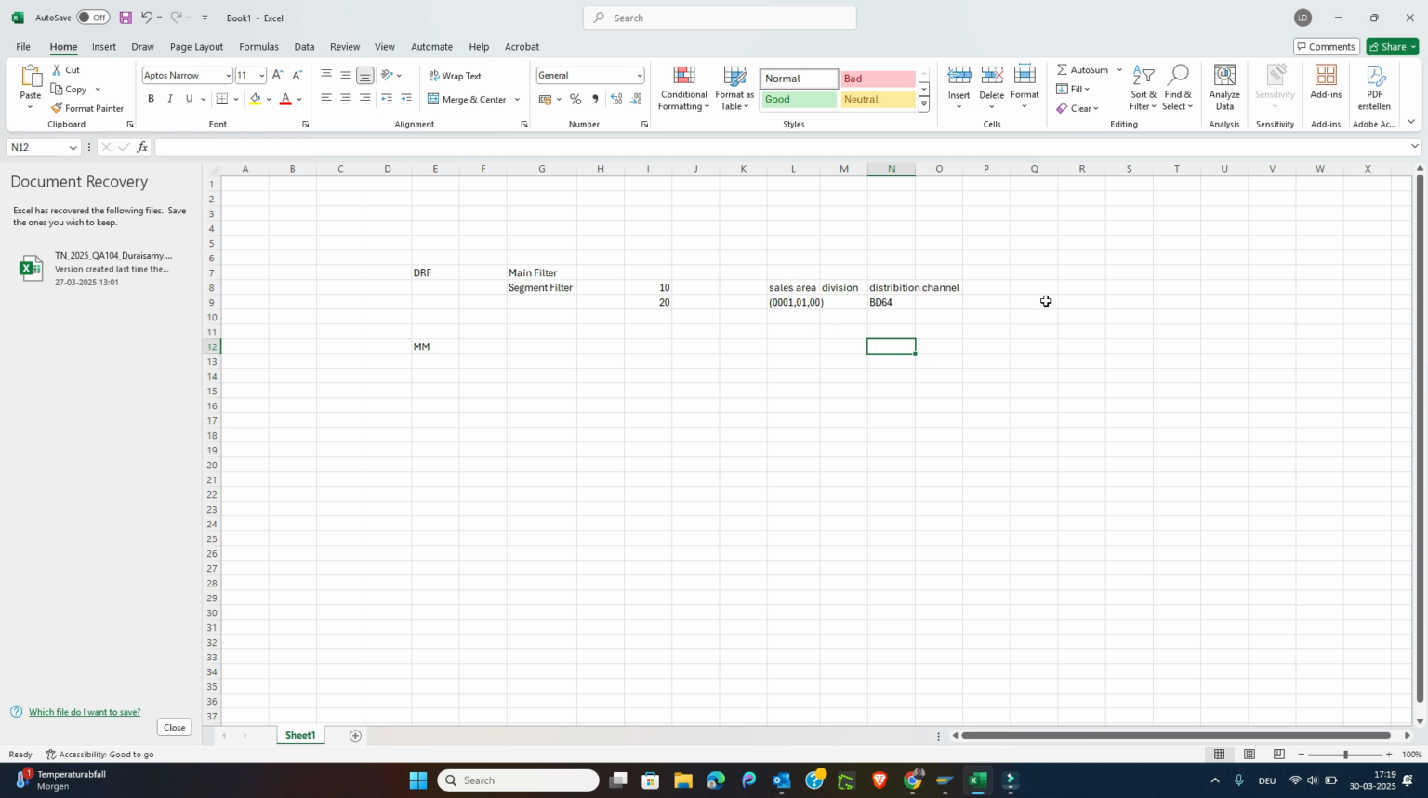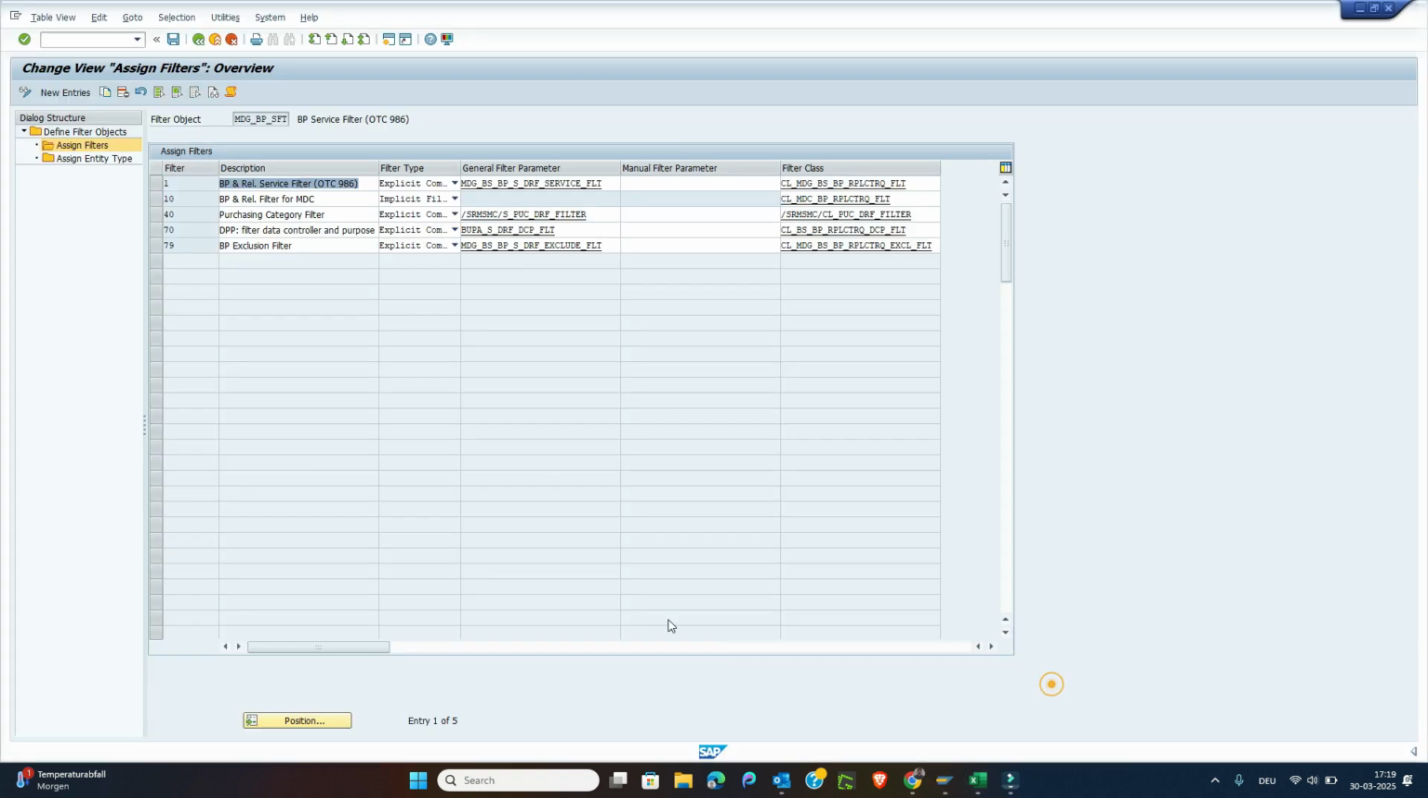And that is why they provided this logic called a simple filter and complex filter. So if you require such grouping, the combination, then you have to proceed with the complex filter. So you have to handle it in the class. So what I'm trying to say is, if you go to DRF